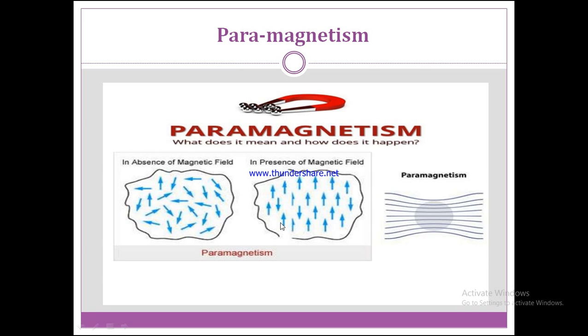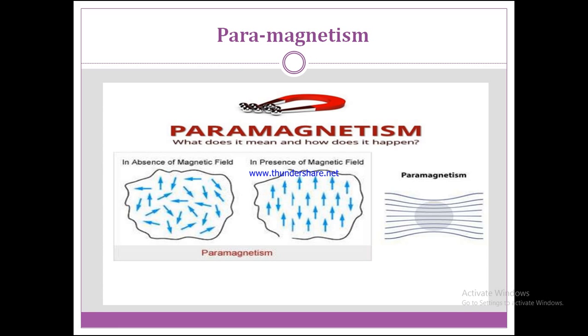In this diagram, on the left-hand side, in the absence of a magnetic field, the magnetic dipoles are dispersed, meaning they are randomly oriented dipole moments. The dipole moments present in the magnetic material are dispersed in nature,